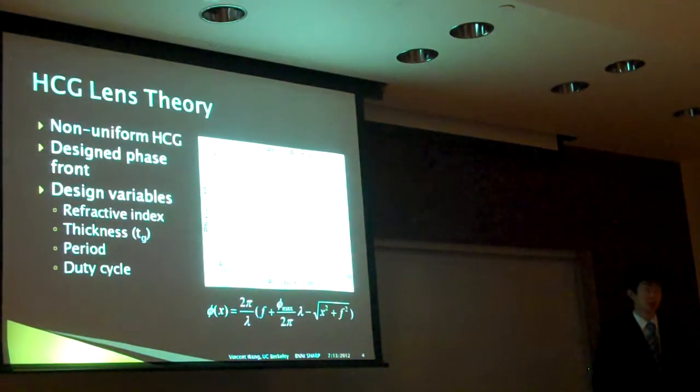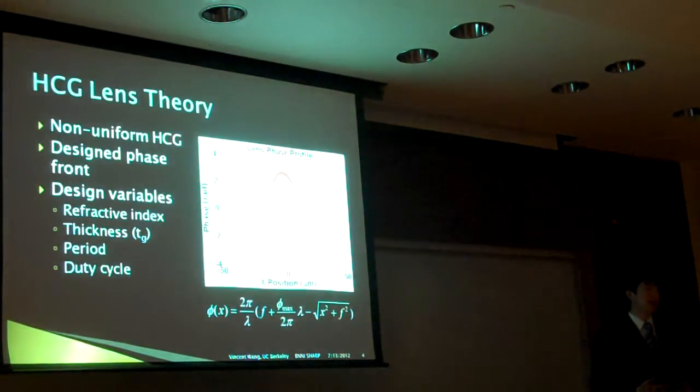So this is where my project comes in. I need to design an algorithm to design the lens, and then test that lens using simulation software. Before I reveal the results of the simulations, let me first go briefly into the mathematical principles behind an HCG lens. As we mentioned previously, the lens has to be non-uniform because we want the light to focus. So in order to do that, we need to vary the phase shift from each point